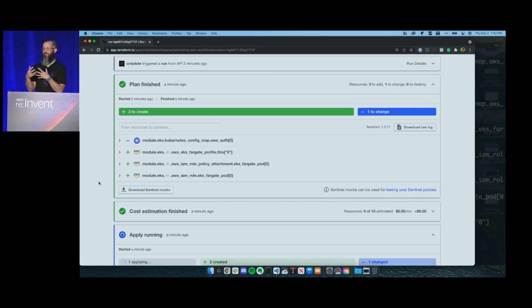Because we're taking advantage of that JSON-based file that we've generated through the CDK for Terraform, we can generate a better visual representation of those resources that are being managed. Here we can see that we're modifying something within our EKS module. And then we can see that we're changing or adding a couple different things, such as our Fargate profile and the policies that are associated with that.